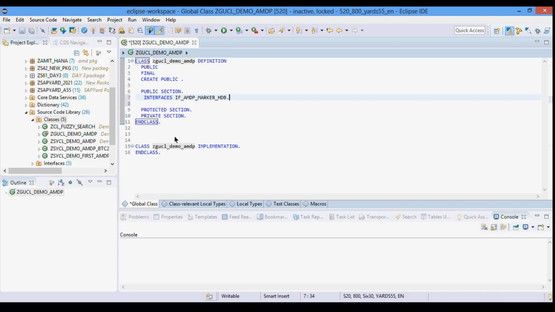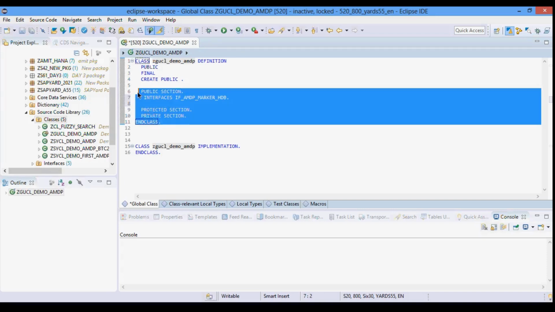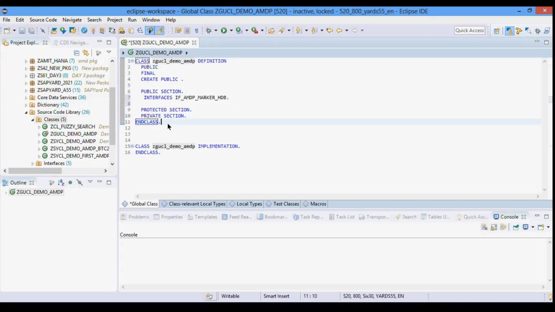Scalar importing parameters can have default values as well. Now, AMDP methods can be defined in any visibility section, that is the public, protected, or private section, and this ABAP class can contain a mix of ABAP methods and AMDP methods. You can define an AMDP method as an instance method also, but it is always executed like a static method, so it is better to define it as a static method.